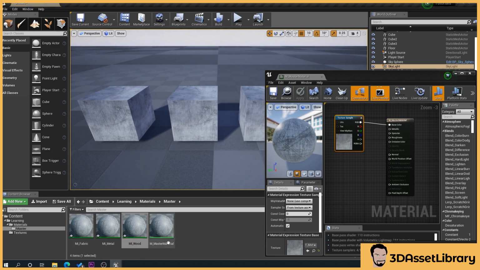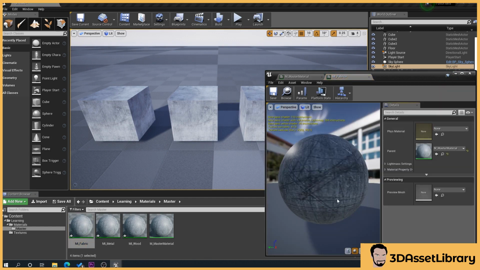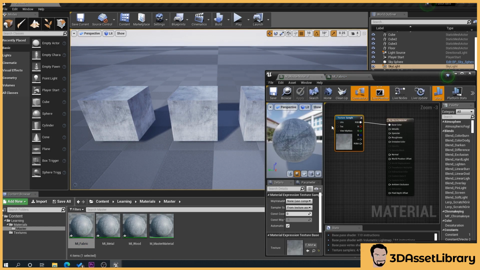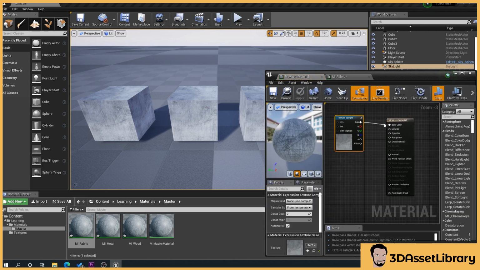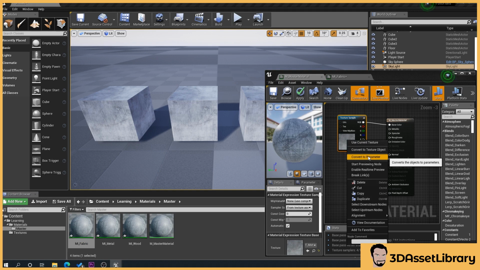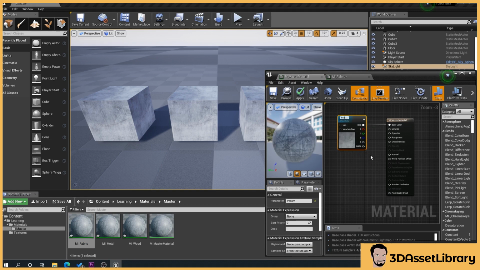It's obviously all the same colour. Now if we double click on one of the material instances that we've created, you can see that the window's different. If we compare it to that one, this has got all this going on, and this one's just got all this going on. And you'll notice the parent is what we're working on there. So what we can do now is, if we right click on the texture we dragged in and convert it to a parameter, give it a name, say base texture, save it.